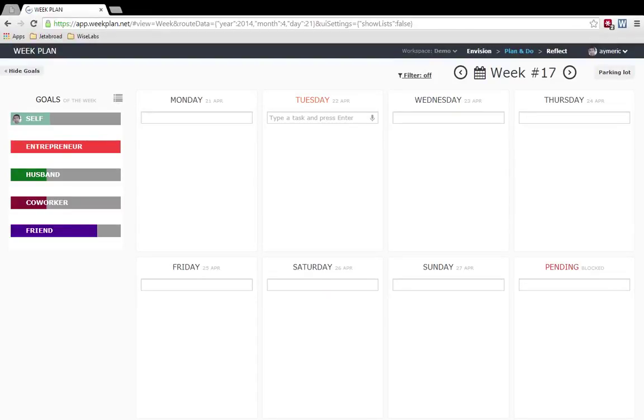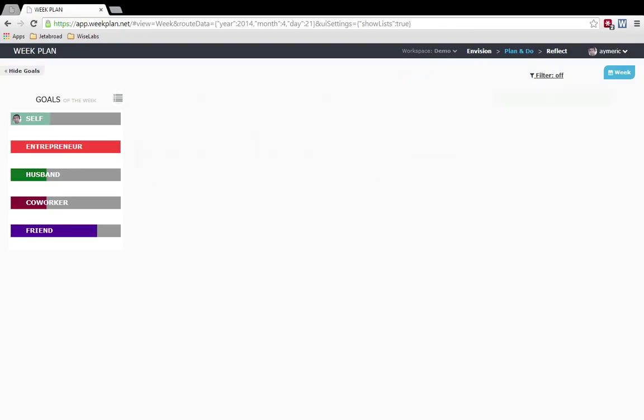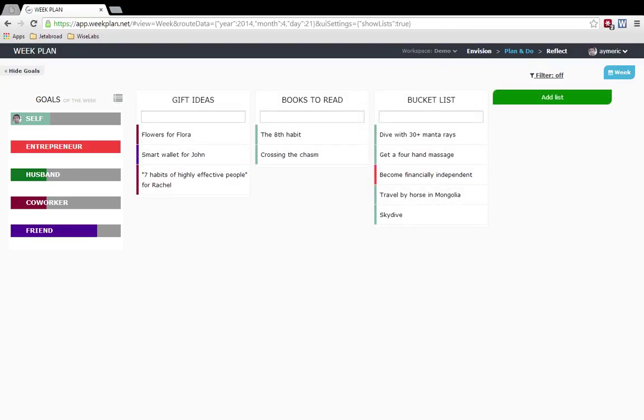In this video, I will introduce you to the parking lot in WeekPlan. To access the parking lot, you click on the top right button called Parking Lot, and this will take you away from the Week view and will show you a list of tasks. And the concept of the parking lot is basically you want to dump every task, everything that you think about